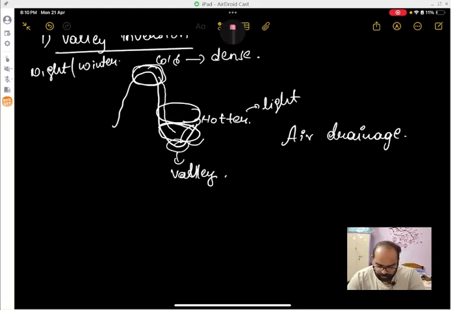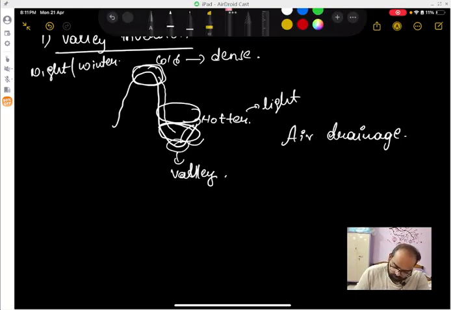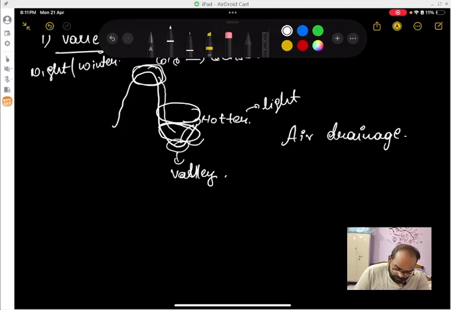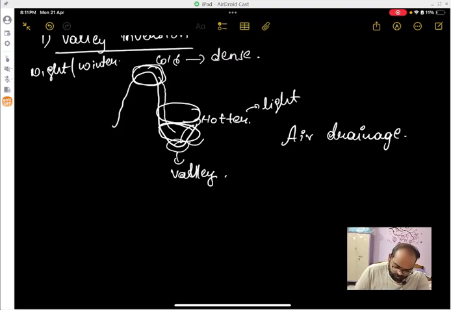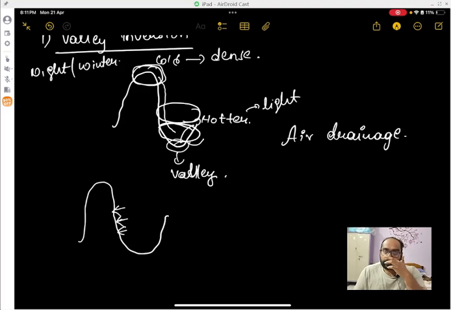What happens during air drainage? Sometimes in the valley side there will be many plantations. If we observe the Himalayan region, we can see plantations of apples and